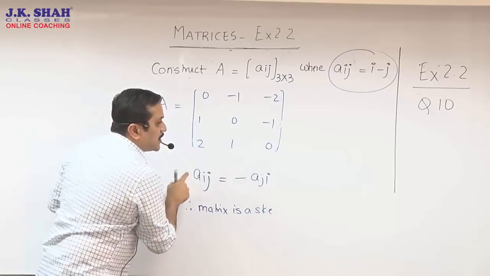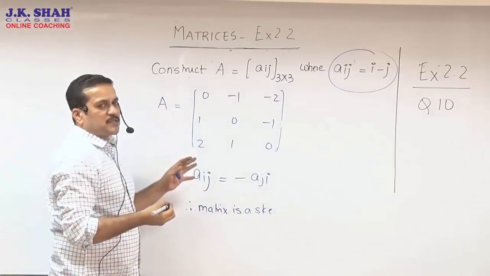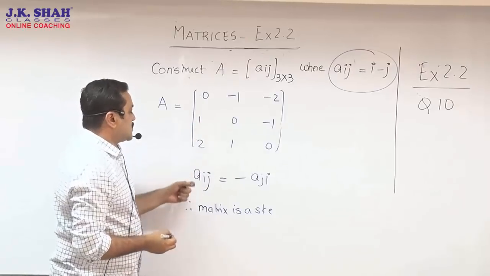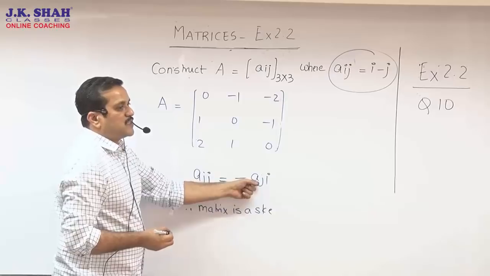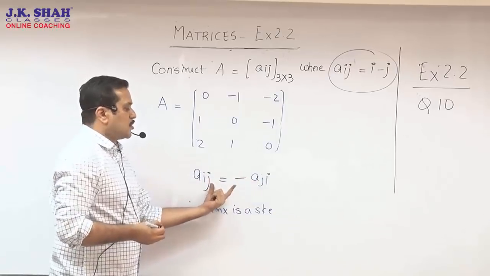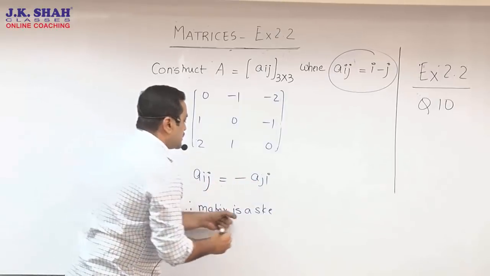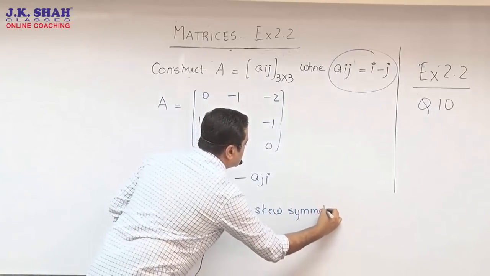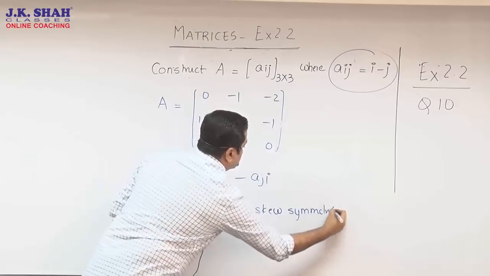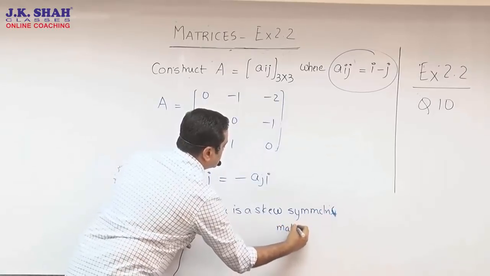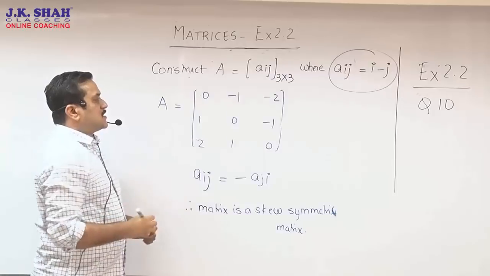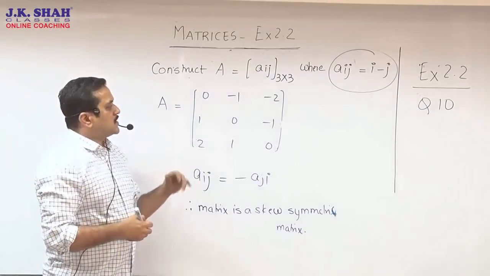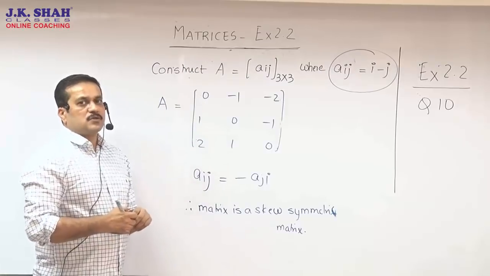You cannot avoid that. No student likes that normally, but you have to write that in that matrix we observed Aij is minus of Aji. Anyway in the previous sums also you have been using that. So matrix is a skew symmetric matrix. I would suggest if you have not understood it well, you just pause the screen, go back a little and once again go through it. So it will become clear.